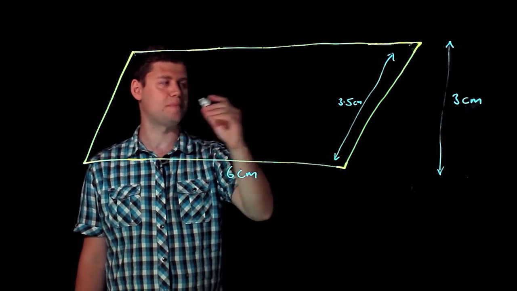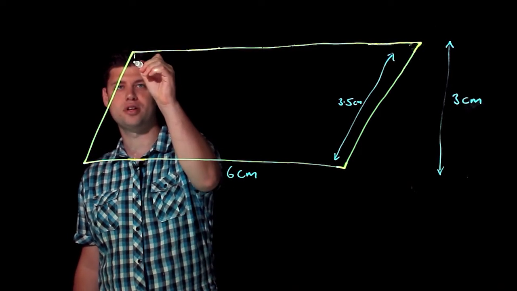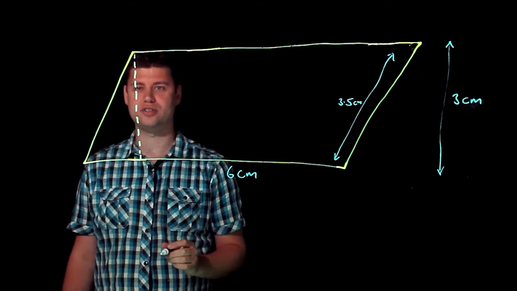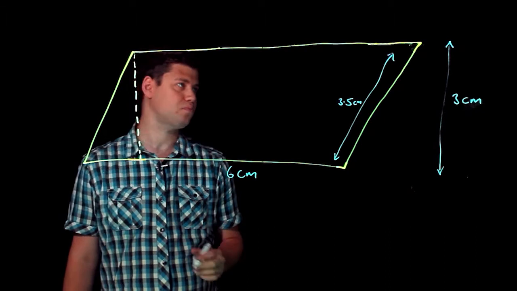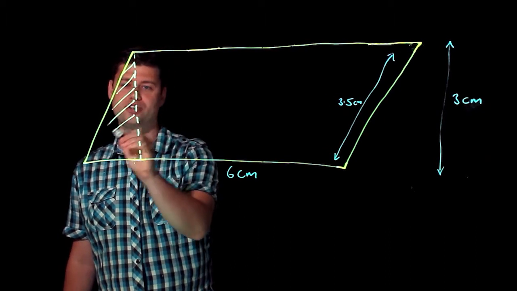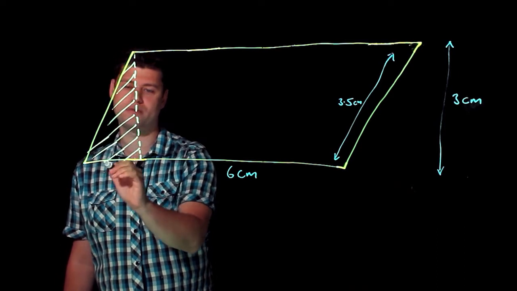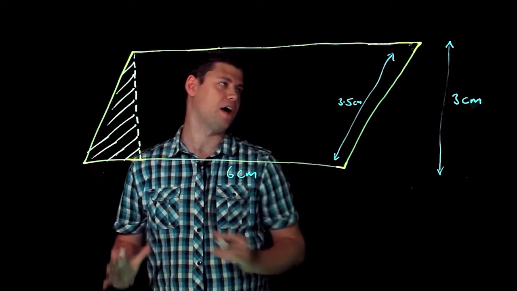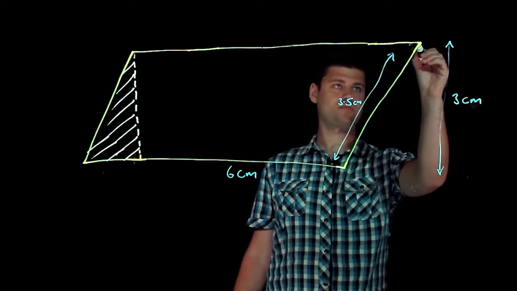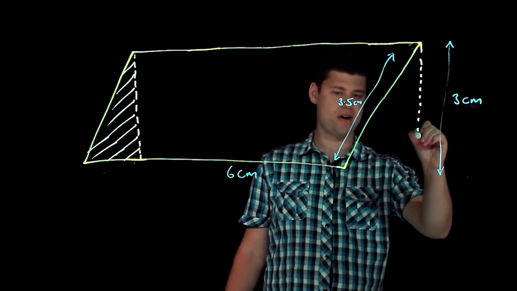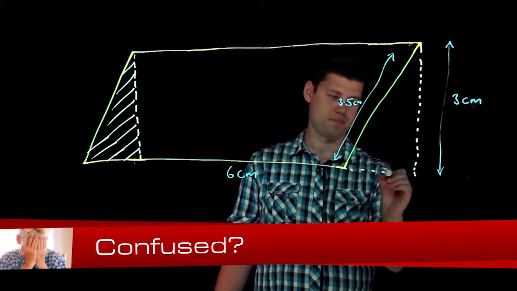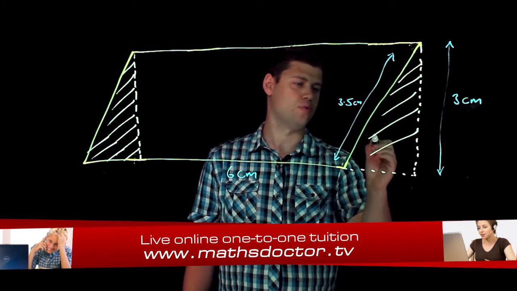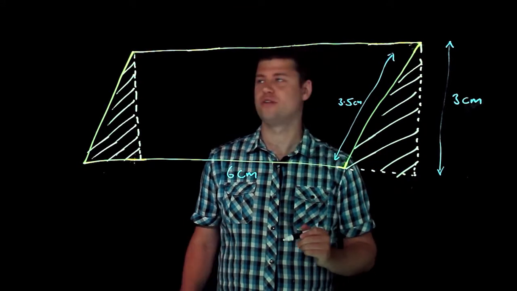Now you'll notice that if we look at this parallelogram, we can actually trim this part of the shape off. And that's going to give me a triangle, which I'm going to shade in, because we're going to cut it off. Okay? And then what we do is we can actually take this triangle and add exactly the same triangle onto this bit of the parallelogram. Okay? And so if I shade that in just to show that we've moved one from here to the other,